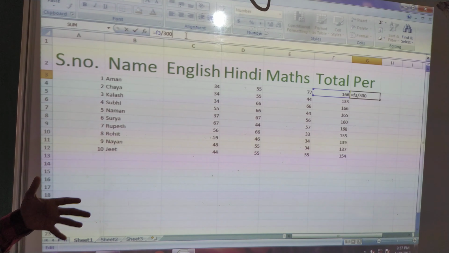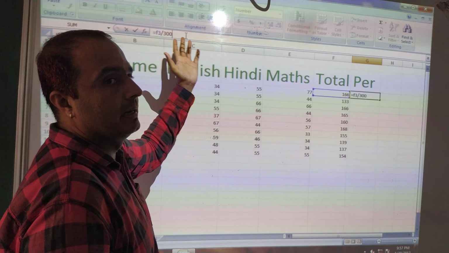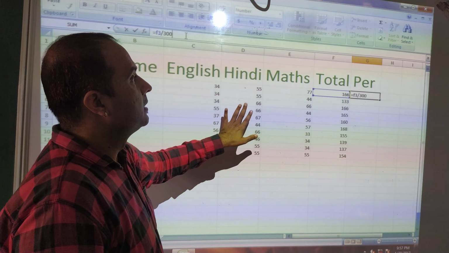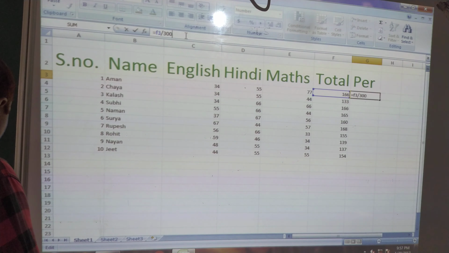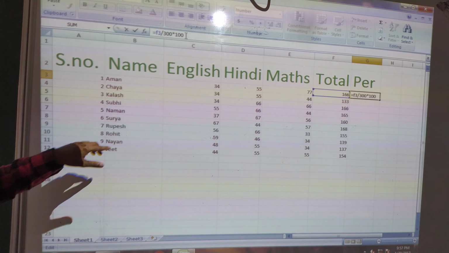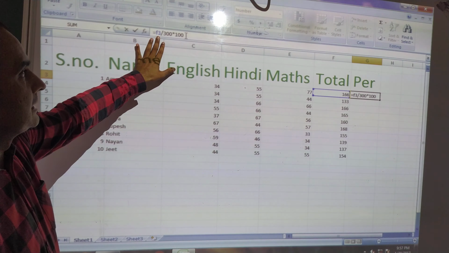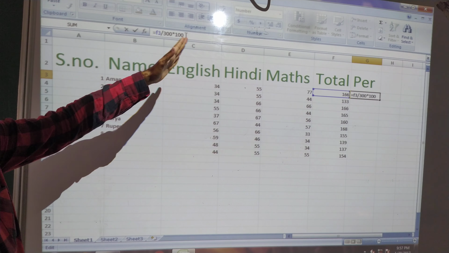If the marks are out of 100, then we write 300, because 3 subjects are there, so that's why I am writing 300. And then you use the multiplication sign for the percentage, so I am writing 100. So the formula is equal F3 slash 300 into 100.